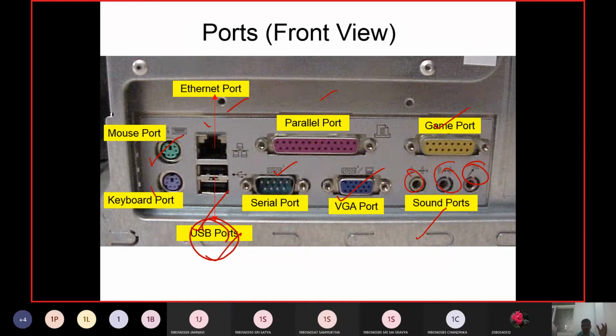You can see the front view on your laptop also. Whatever port positions you see in this picture, the same port positions are available on your laptop right now. You can see them on the left side, right side, or front side of the laptop.